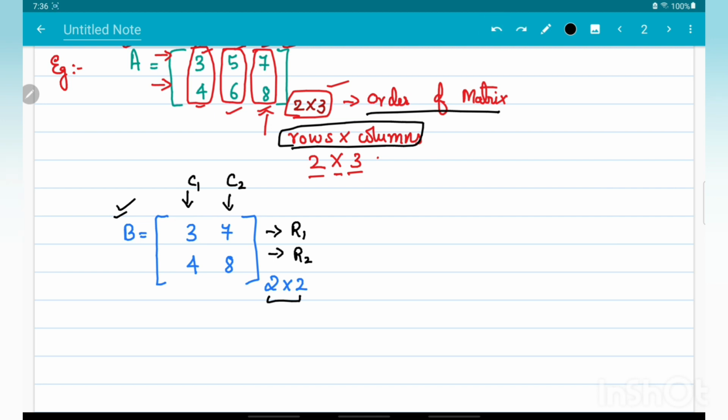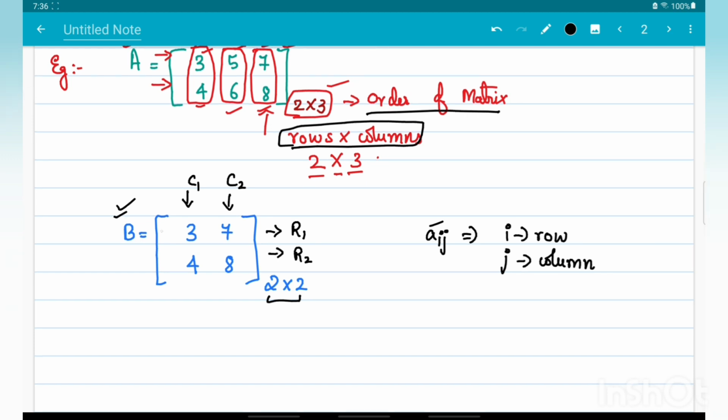So if you want to define these elements, you can define it in the form of Aij. Okay, now over here this A refers to that particular element and i and j refer to its place. Here i belongs to the row and j refers to the column. Here i means the row and j means the column and A is that particular element. So with the help of this Aij, you can define the particular place of that element.